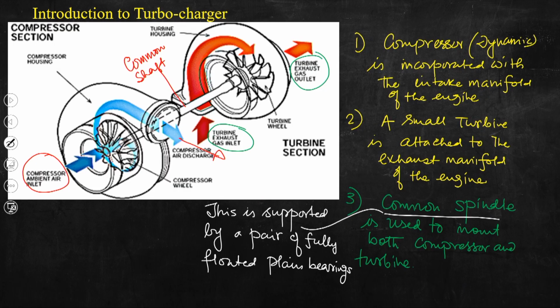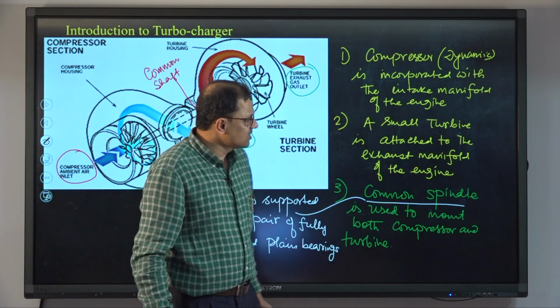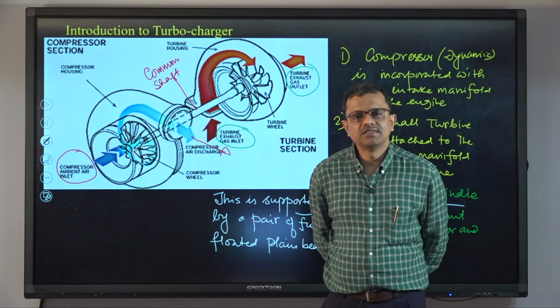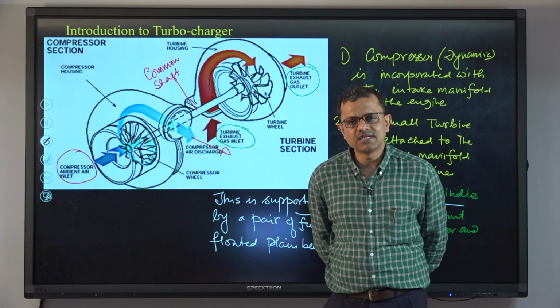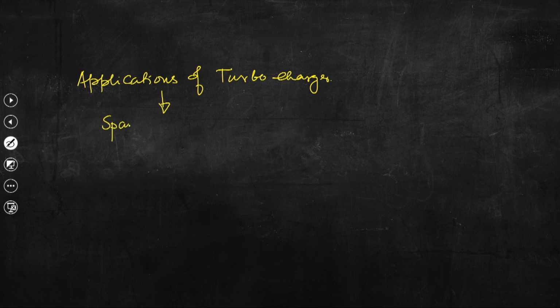So, this is the compressor, and we have studied turbines, perhaps steam turbine, gas turbine. This is also a gas turbine, but the size is very small. This particular unit, the turbocharger, is used in marine diesel engines. Rather, the application of turbocharger spans from marine diesel engine to vehicle diesel engine. So, applications of turbocharger: